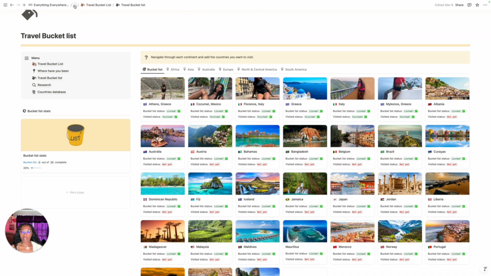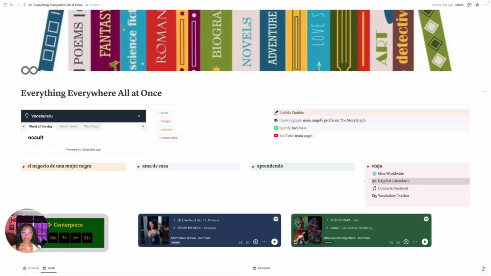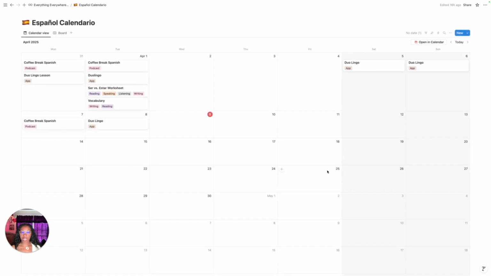This is one of my favorite places to sit. And I was just sitting here and playing in my Notion. Then my Spanish calendar. I am vlogging today, Dia en la Vida, a day in a life, learning Spanish. I track what I do each day for Spanish. I do Duolingo every day. And the good thing about Notion, duplicate, put it in there. Duolingo is not my favorite to use, but it is something just to remind myself every day you are learning Spanish. I'm not sure how effective it is, but this is other stuff that I do.